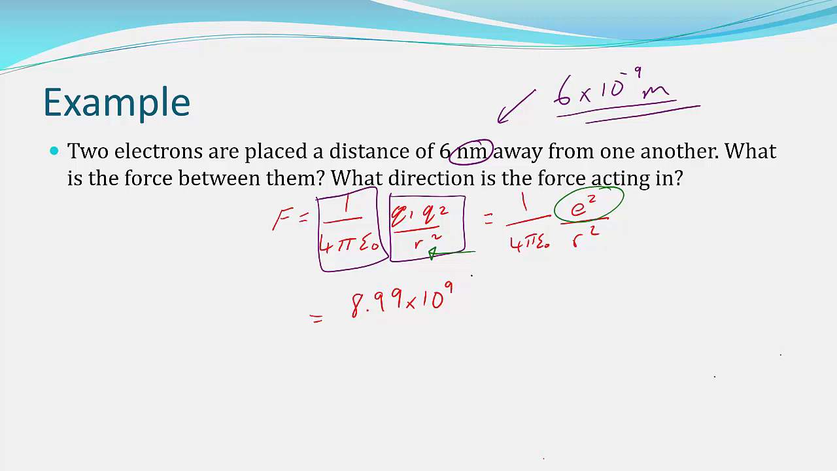Again, you don't have to resolve it yet if you don't want to. 1.6 times 10 to the negative 19. I'm going to square that because it's e squared. And then I divide that by the distance squared. And again, another common mistake is not squaring that distance. And if you put that in your calculator, what you'll get is 6.39 times 10 to the negative 12, and